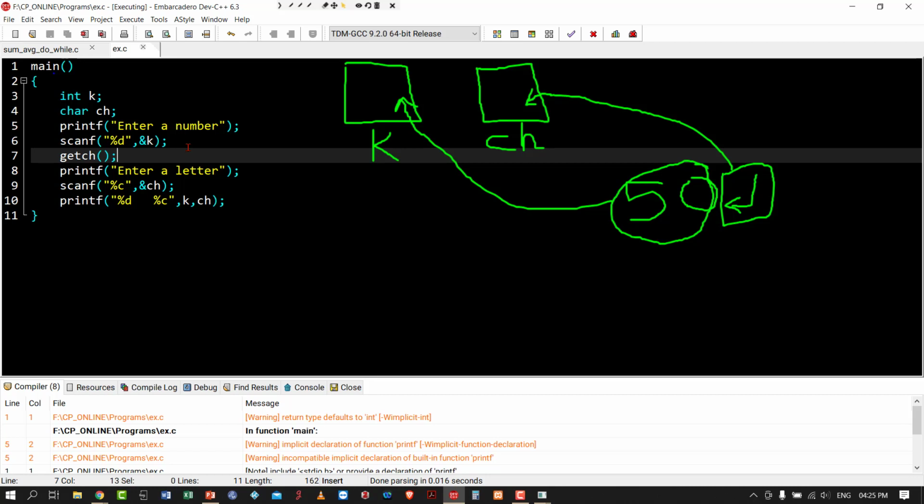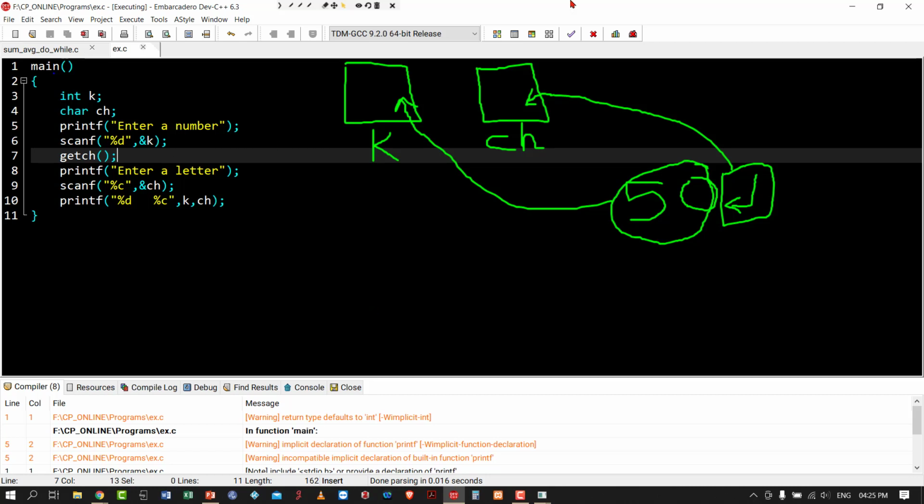With the help of scanf, we can read multiple characters also. If I want to read 3 characters, I can give %c, %c. But to read a single character, some more functionalities are there in getch that we will discuss later. So getch is just to read a character.